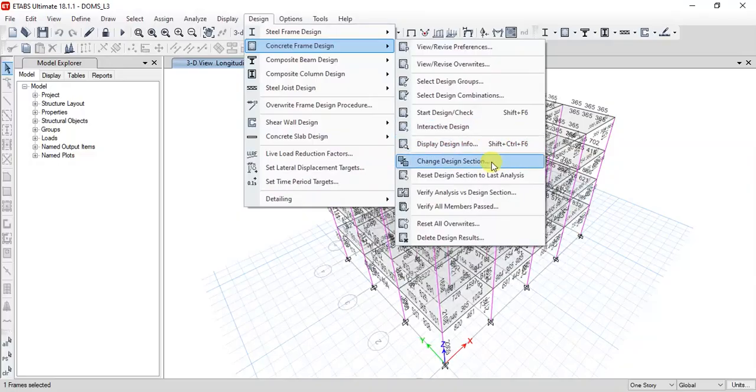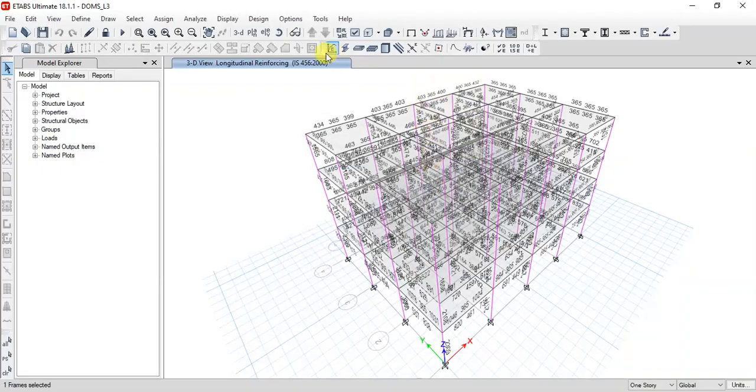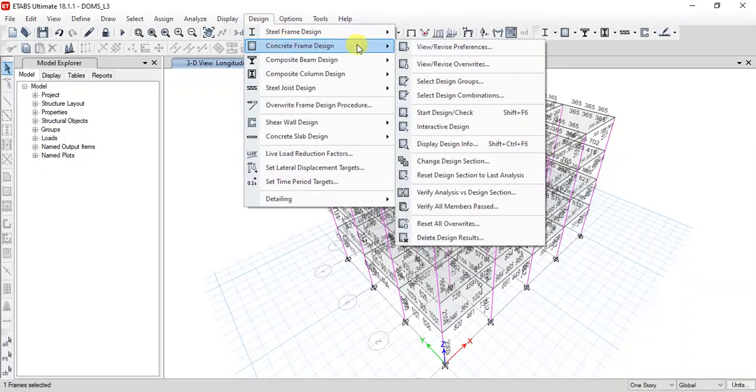If you want to change some sections, for example if a particular beam is failing, you can change the entire beam section and increase the size. Then again you can check the analysis, again check the design, and verify that all the members pass.